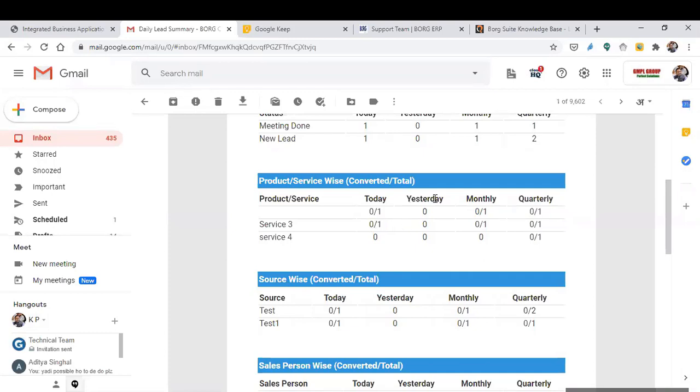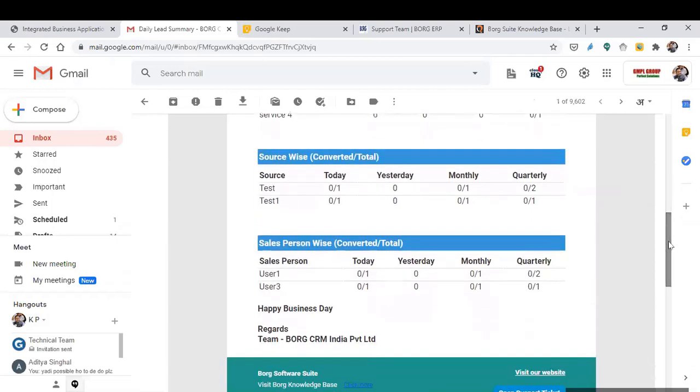And what about yesterday? 0 leads means your team got 0 result. If we talk about the monthly, your team has also not performed well, they are performing very badly, because they have not converted a single lead for your company. If a lead is not converted, it means that your revenue is 0. So this is giving the broad picture of your sales department performance, and about each and every salesperson, each and every product, each and every source.